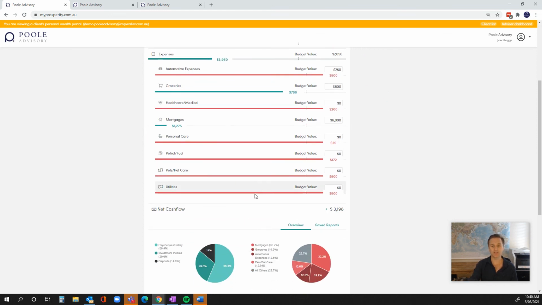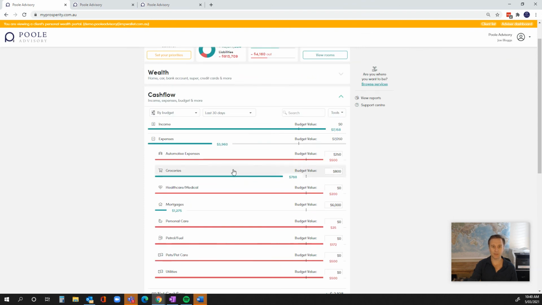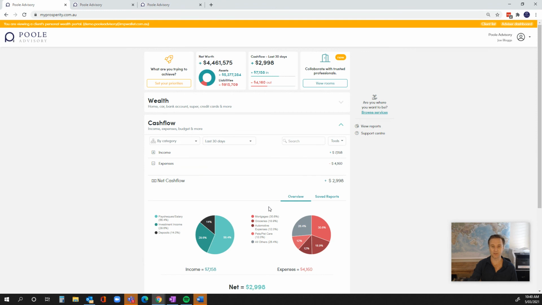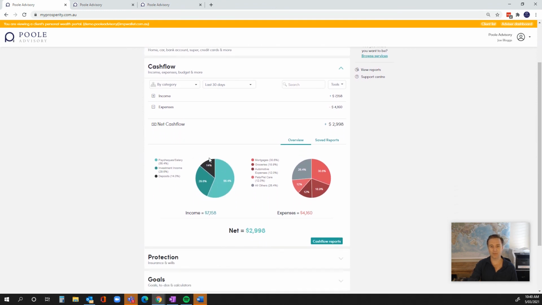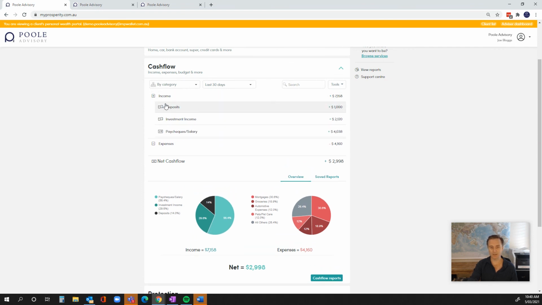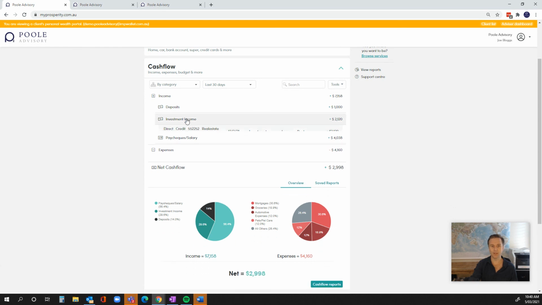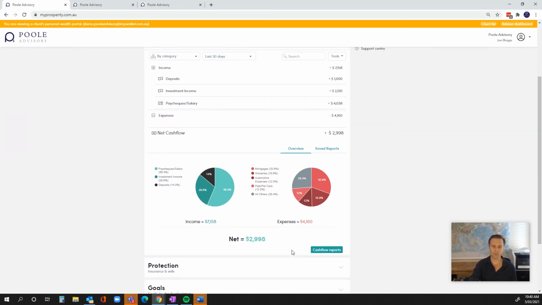When it comes around to tax time, so I'll just go back in the categories you've gone through. That's how you put all your budgets in. So it's pretty straightforward. Down at the bottom here, if you're going by category, you can do the same with the income. You're putting in deposits. Basically, you should be having your income from your employment or other income coming through. Investment income should be coming through. And in this case, this was the investment property, so you can see that it's coming through real estate there. But down the bottom here, as well as mentioning about these